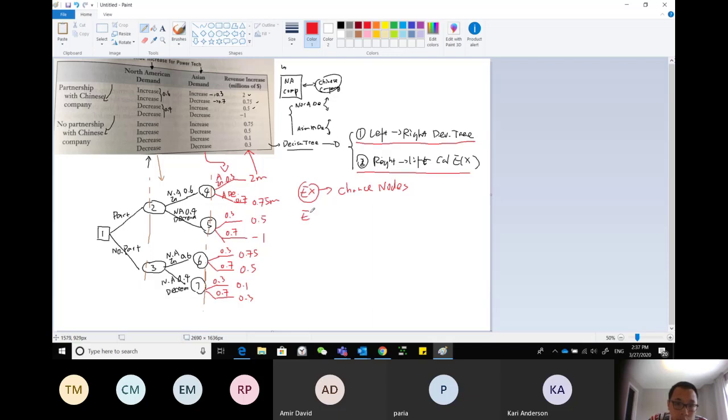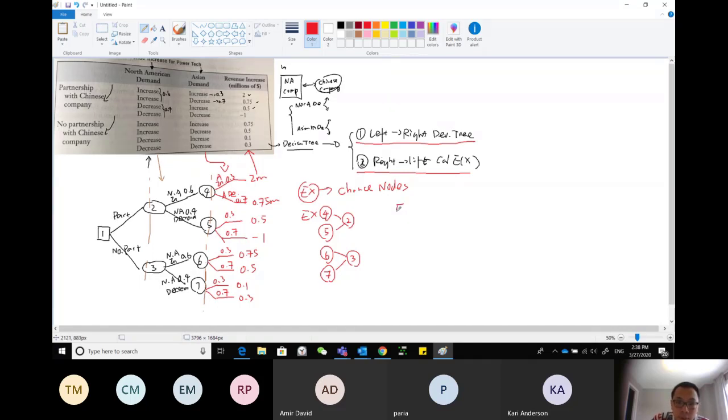So expected value of 4, 5, 6, 7, right? And from 4, 5, 6, 7, we will calculate 2 and 3, right? And then from 2 and 3, these two values will make a decision based on that. So if I drag this a little bit bigger,